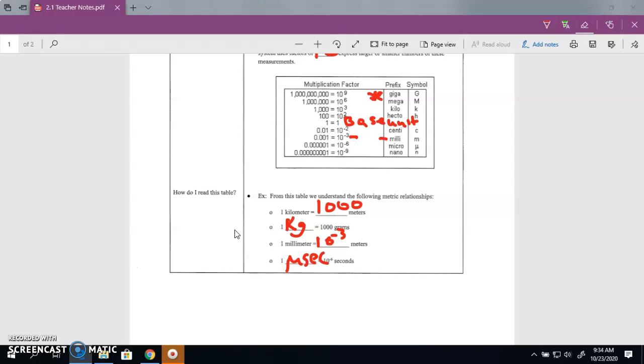Okay, so the purpose of this page is just to get us used to this table of metric conversions right here and thinking about conversion factors. So for example, a conversion factor would be 1 kilometer is 1,000 meters. And since that is an exact number, it would have an infinite number of significant figures if we were to multiply